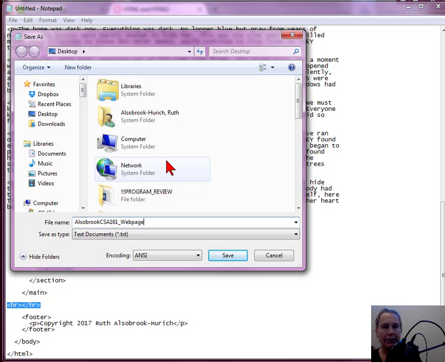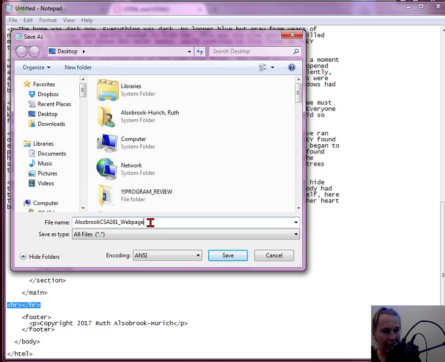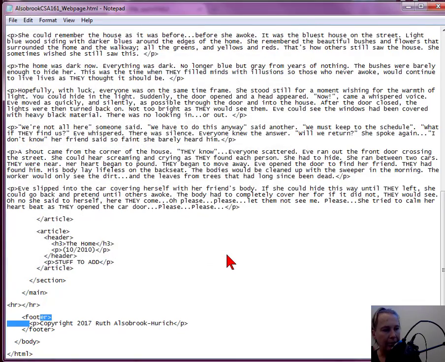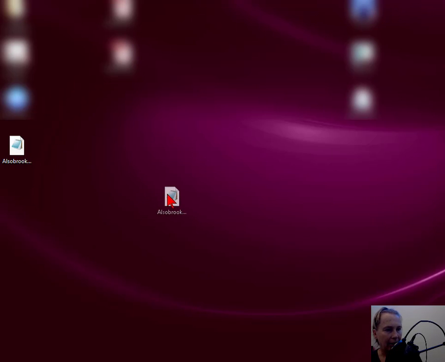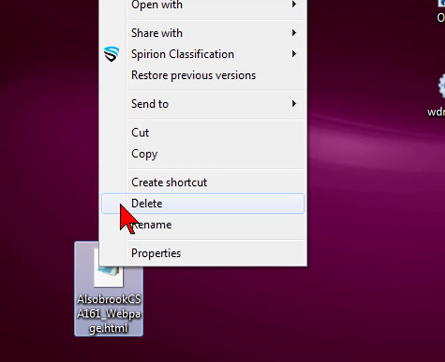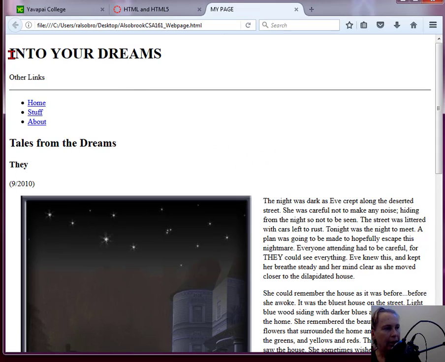So now if I select save right now, it is going to save as a .txt. This is not what I want, so I'm going to go to my drop down feature. I'm going to select all files and put at the end here, I have to actually manually type HTML and then select save. So all that good stuff is saved. So let's minimize, find our little document right here, right click on it. I'm going to open it with, go ahead and use my Firefox, and looky there, this is my little title,